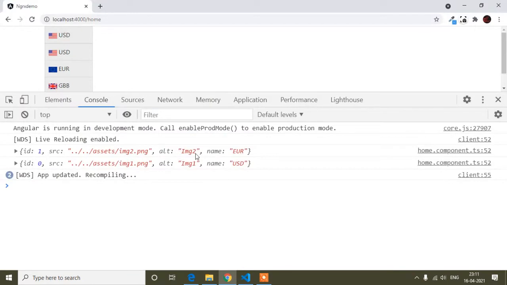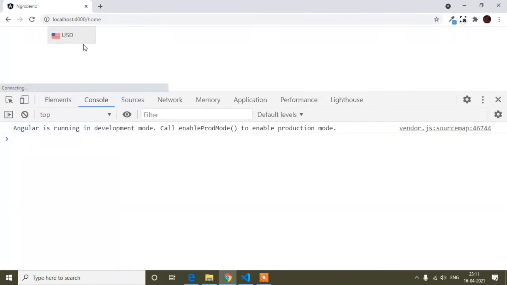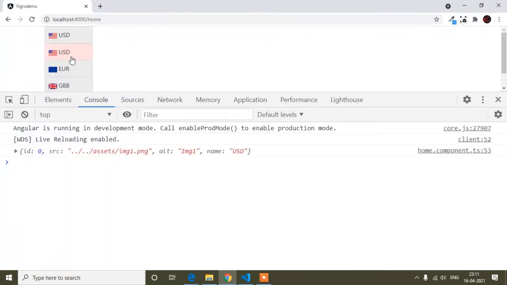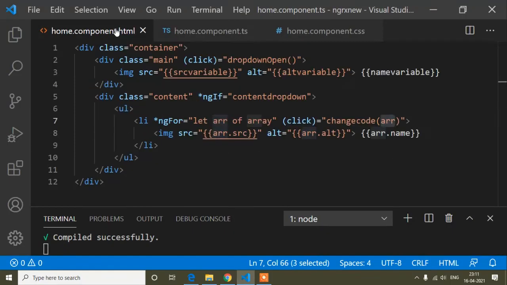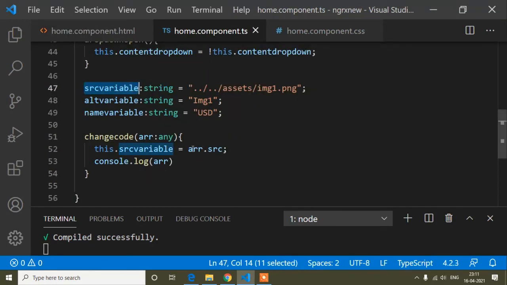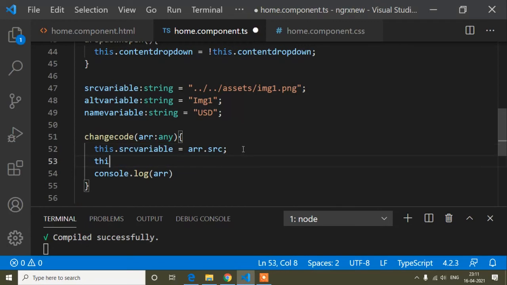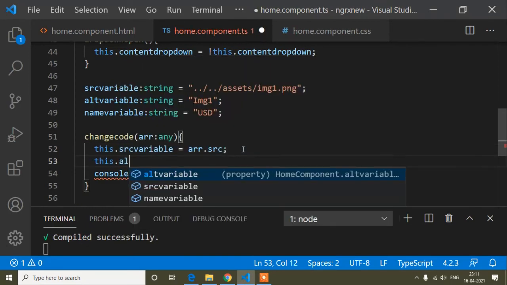because guys I will show you again, that is when I will click any li tag, I'm getting id, source, alter, name. So first of all, this variable I call inside this source. So for that I have added arr dot source here inside this variable, and now this dot alter variable.